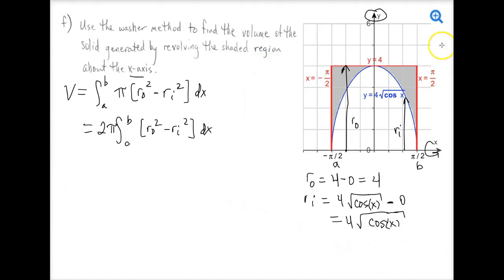Okay, so we know that the area that's here is going to be the same as the area here. So the volume that's created from x equals 0 to pi over 2 will be half as much as it is from negative pi over 2 to pi over 2. So we could go about it this way. So we have everything that we need. We just need to figure out what